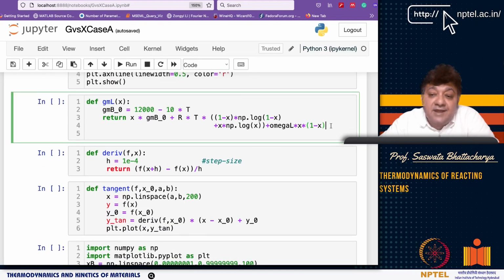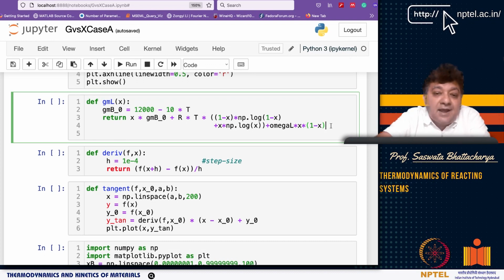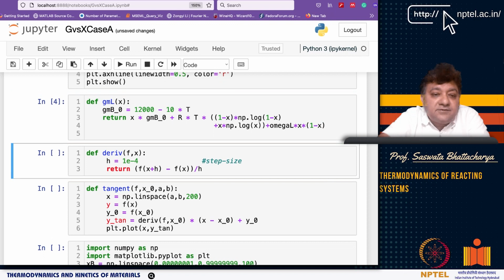For that, I require these functions. I am going to draw a tangent to the liquid, and I will try to make it a common tangent to the solid to find this coexistence. These common tangents will give me these 2 points, and these 2 points will indicate the equilibrium compositions of coexistence at different temperatures. You can take all of these and plot them, and you will get the temperature-composition phase diagram. So I have my derivative.